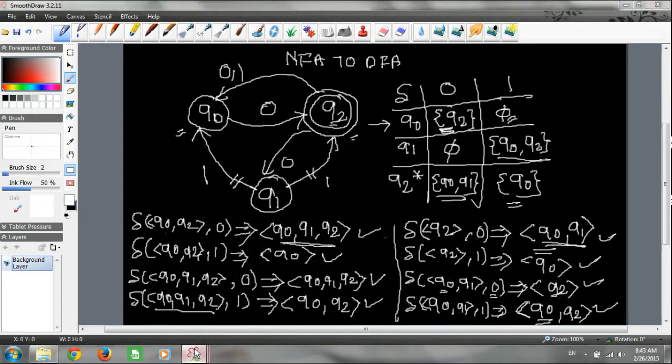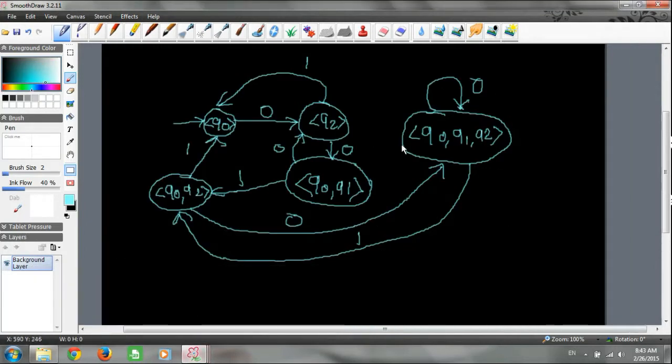So just look at all your states in DFA, and wherever you find Q2, make that state as final. So this will be final. This will be final. And this will be final. So these all 3 states will be final states.